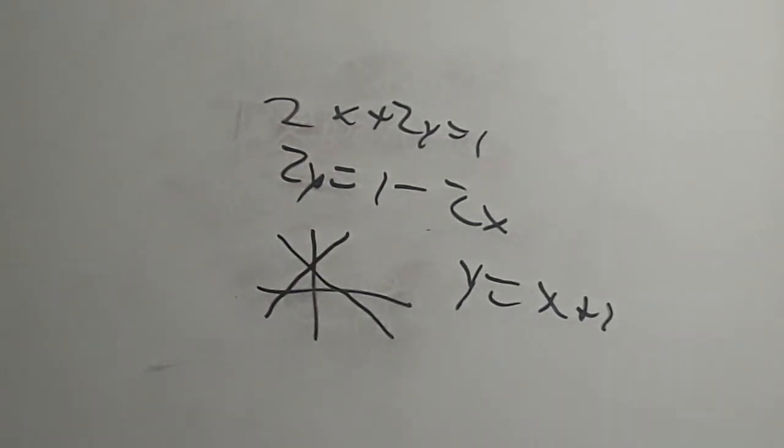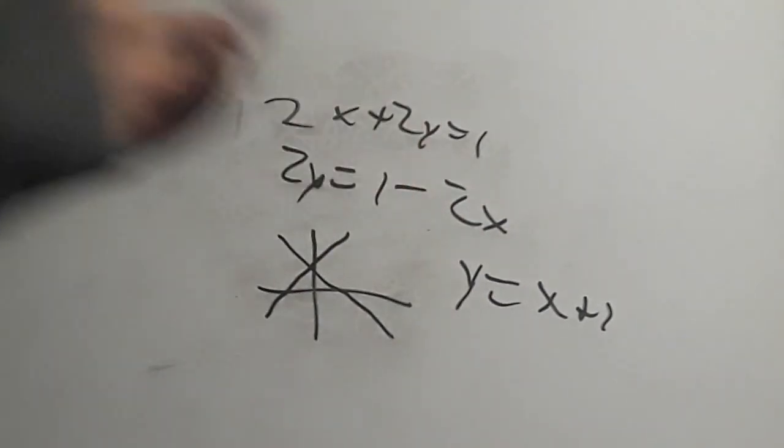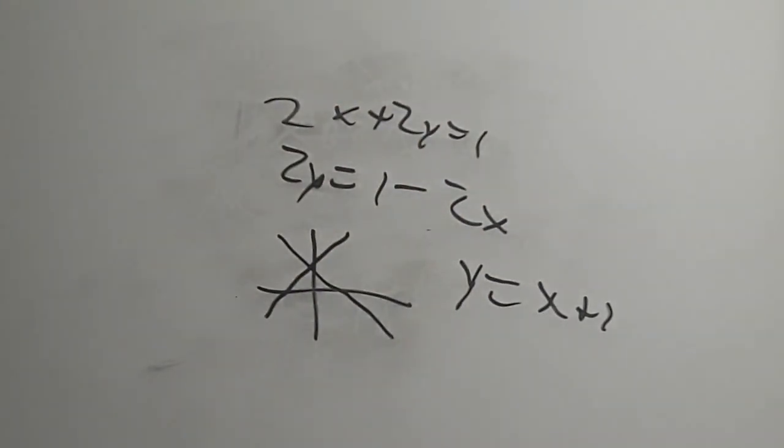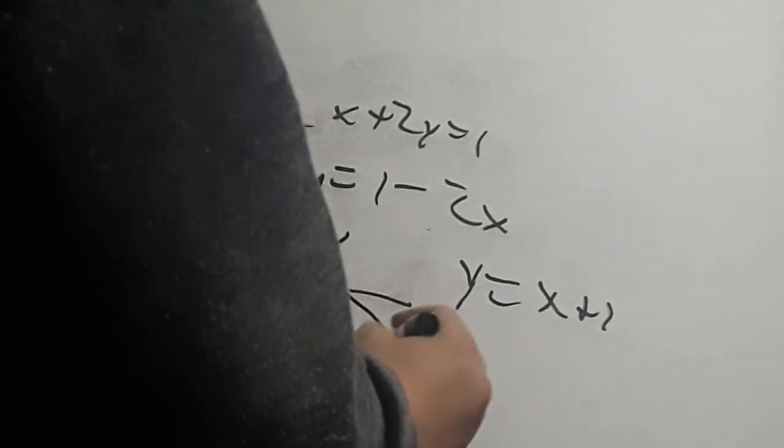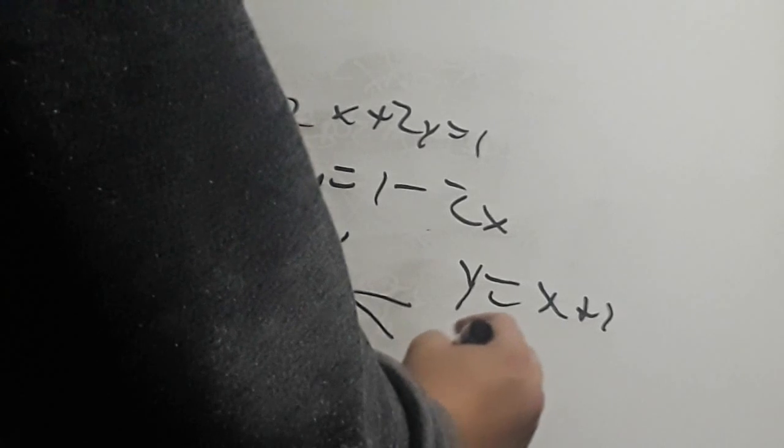You could look at it, but what about if you have decimals instead of whole numbers? Then you're going to have to use the elimination method or substitution. I don't know, I think that's what it's called. But let's talk about a different concept of solutions, because this relates back to the vector idea. Because if you have y equals x plus 1,